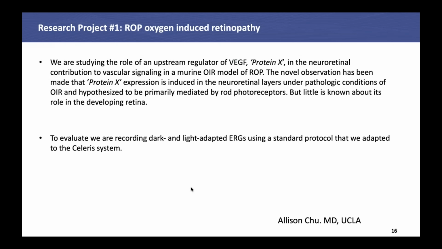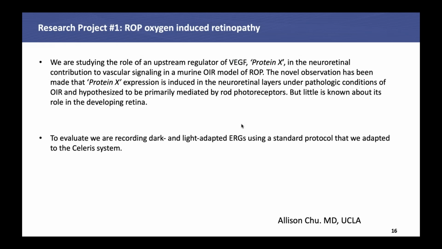She is looking at an upstream regulator of VEGF, vascular endothelial growth factor, and I'm going to call it protein X because it is not published yet, and it will be soon. We're looking at its neuro contribution to vascular signaling in a murine model of oxygen-induced retinopathy, which is a model of retinopathy of prematurity. The novel observation that she has made is that this protein expression is induced in the neural retinal layers under pathological conditions of